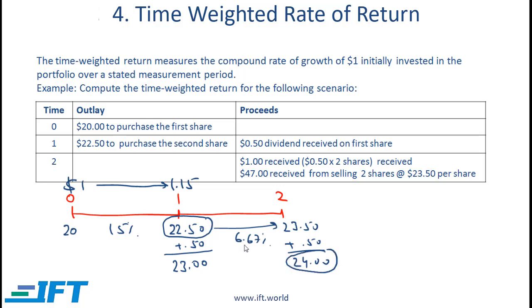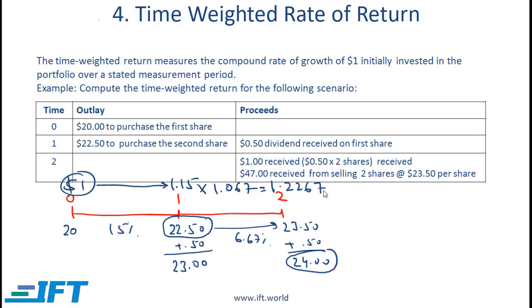This amounts to a 6.67% return, and the 1.15 that we have at the end of period 1 can then be multiplied by 1.067, and that will tell us how much this initial $1 has become at the end of period 2. And the number we will get is